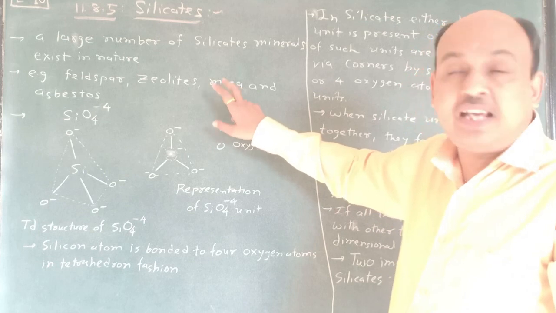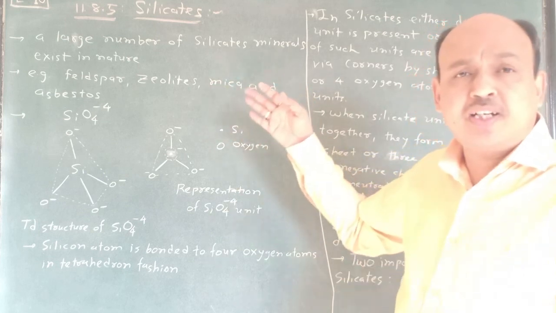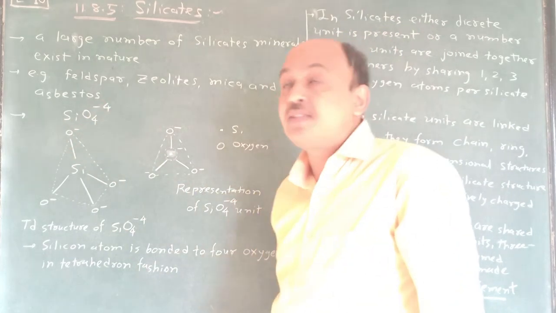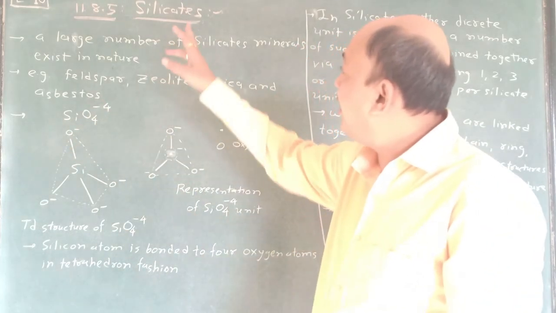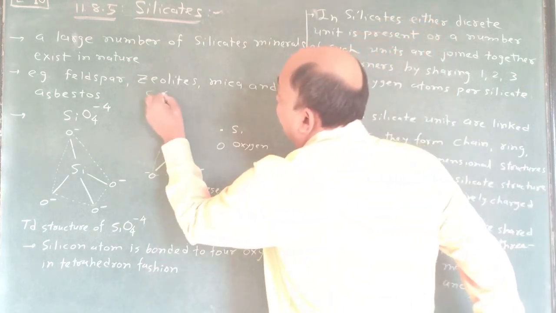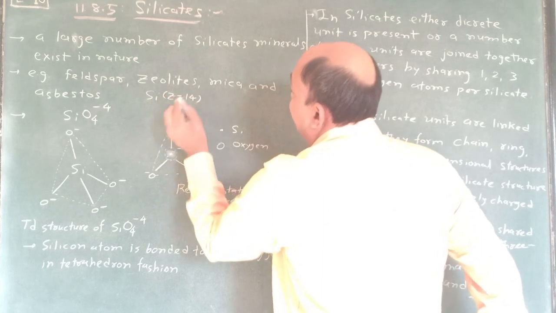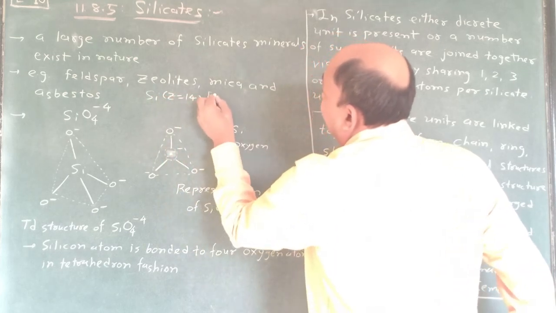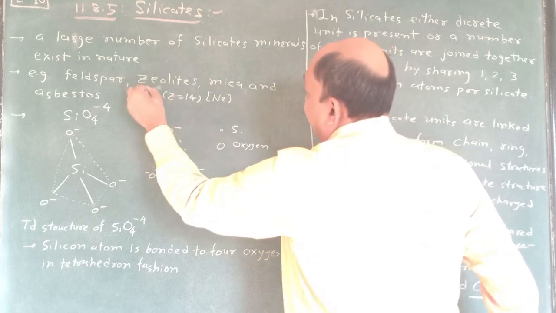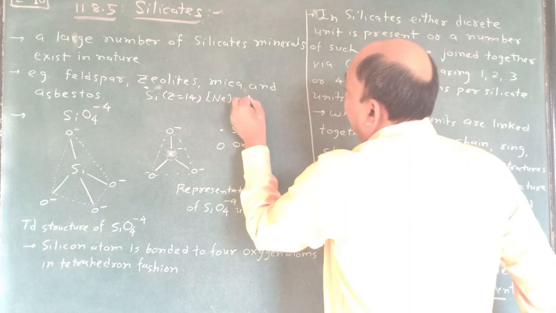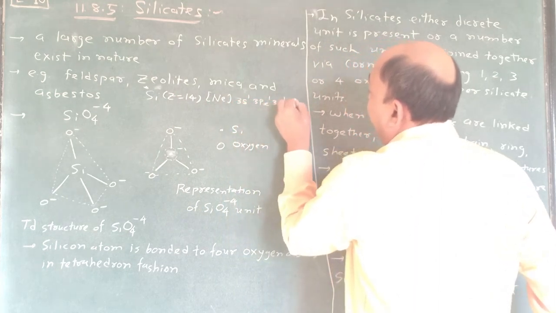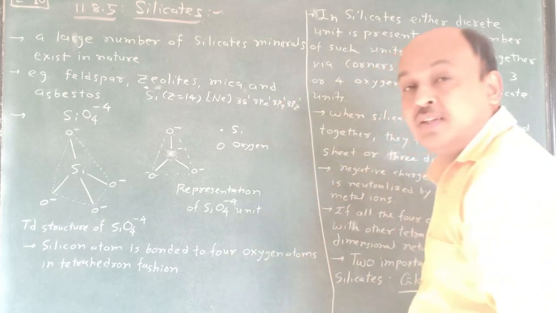Mica is the correct word. Maybe aluminium is there, that's why it's called mica, and you already learned maybe. Okay. So here SiO4 4- is the structure or formula of the silicate ion. Why? Just see, silicon Z equals 14. In the excited state, suppose we consider the excited state, at that time 3s1, 3px1, 3py1, and 3pz1.